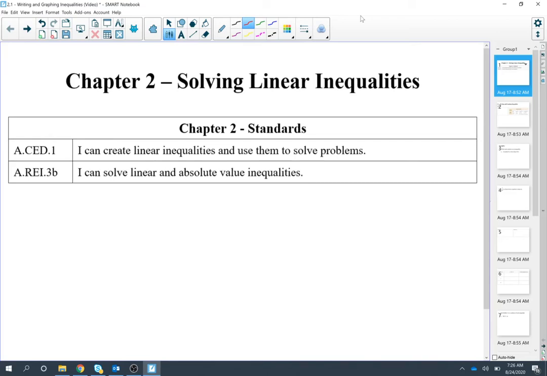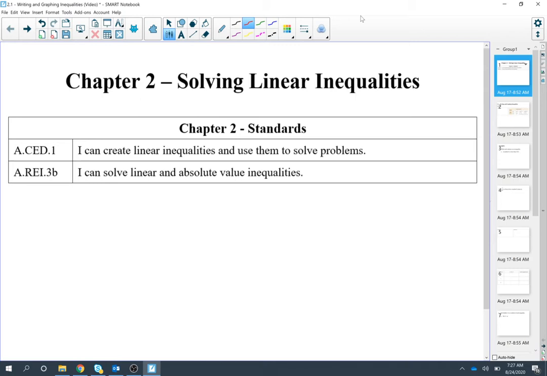Chapter 2, Solving Linear Inequalities. We have two standards that we're going to cover in this chapter. First of all, A.CED.1. If you remember in Chapter 1, I can create linear inequalities and use them to solve problems. We also did this standard in Chapter 1, except instead of linear inequalities, we did linear equations. And then